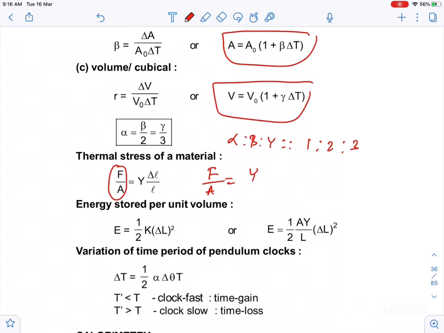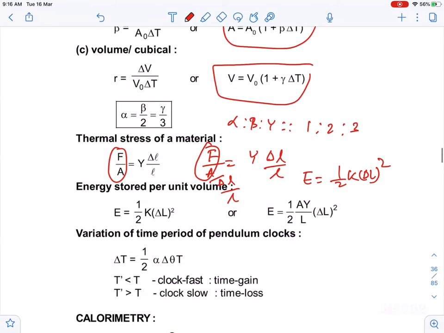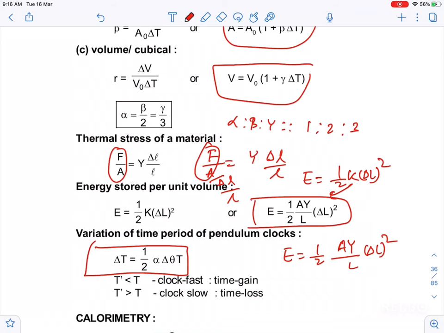Thermal expansion, you can say that, guys, this is stress is equal to gamma. Stress by strain, you know that, na? Stress by strain is Young's modulus. So I have written F by A is stress is equal to Y delta L by L, and energy can be written as half kx square, na, k delta L square. Okay, so this you can write in terms of this formula, they have asked a question, guys. Keep in mind, energy is equal to half A Y upon L, delta L whole square.